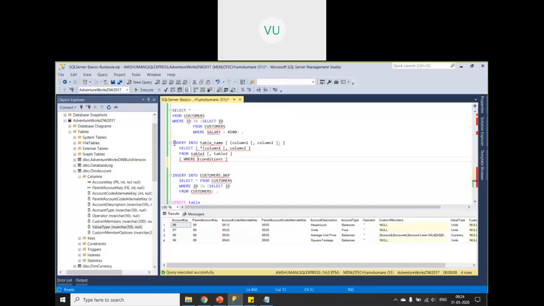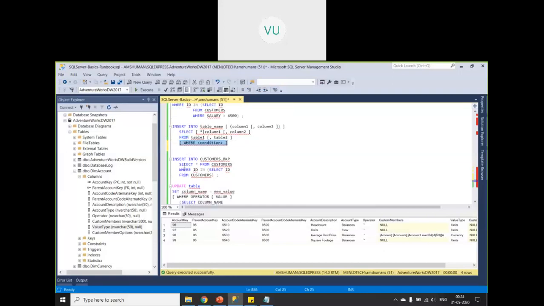Literal values means you are inserting hard coded values, right? But if you see this insert statement, how to deconstruct this? Okay, first we'll look at the inner query. The inner query is select so and so column from so and so table where some condition is applied. This is more useful, more user friendly. So select star from customers table, select everything where this condition is met, right?